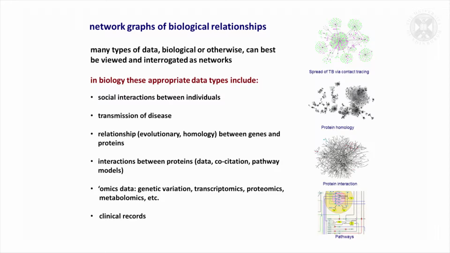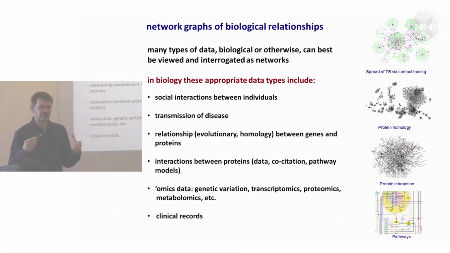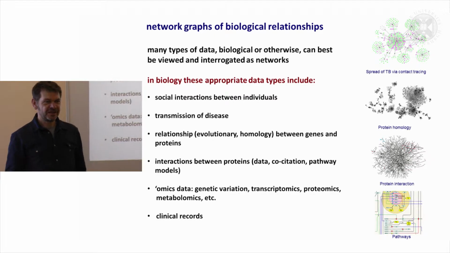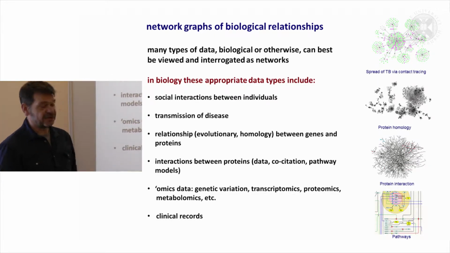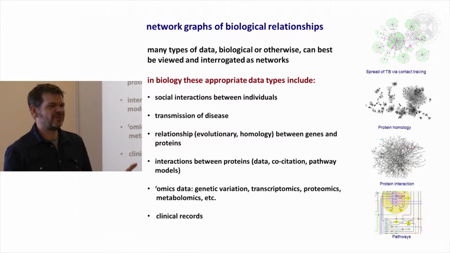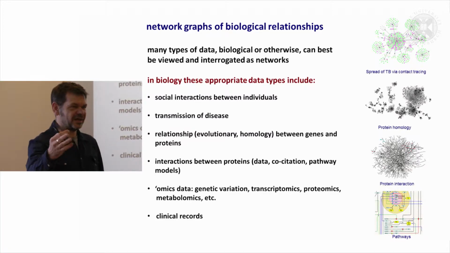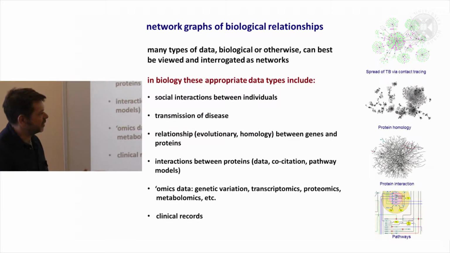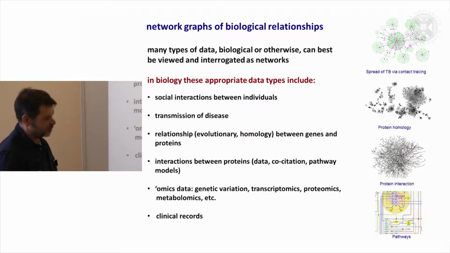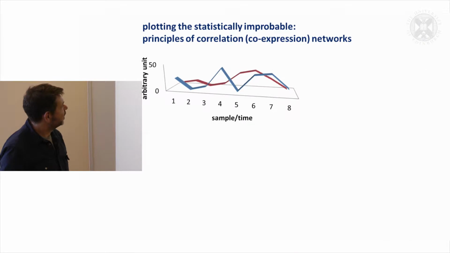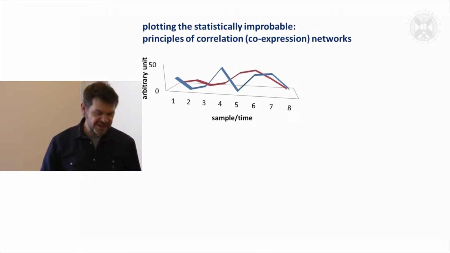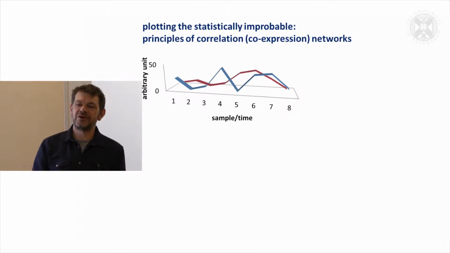So anyway, the point is, the nice thing about networks is you can take a lot of data and view it as a very visual representation. And a lot of things are networks by their very nature. Let's say the social interaction network: everybody understands that you have friends and they have friends. But biology can be viewed in this way, and that's what we've been exploring for the last 10 years or more. So into the expression domain, which is what we are going to be looking at,